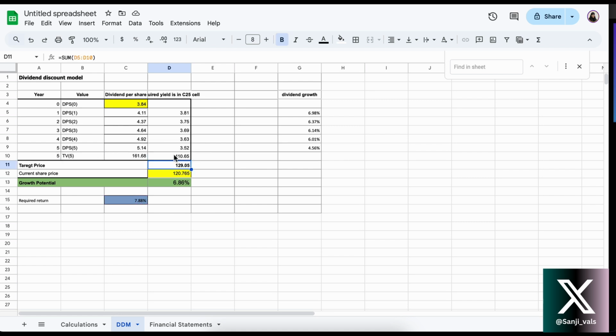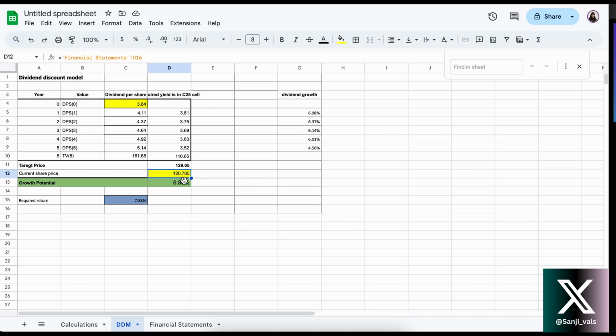So it is giving us 110. The last step is to sum everything up. All those forecasted dividends, including the terminal value, we sum up and we get the stock target price, which is 129.05 in our example. And the current share price of the XOM ticker is